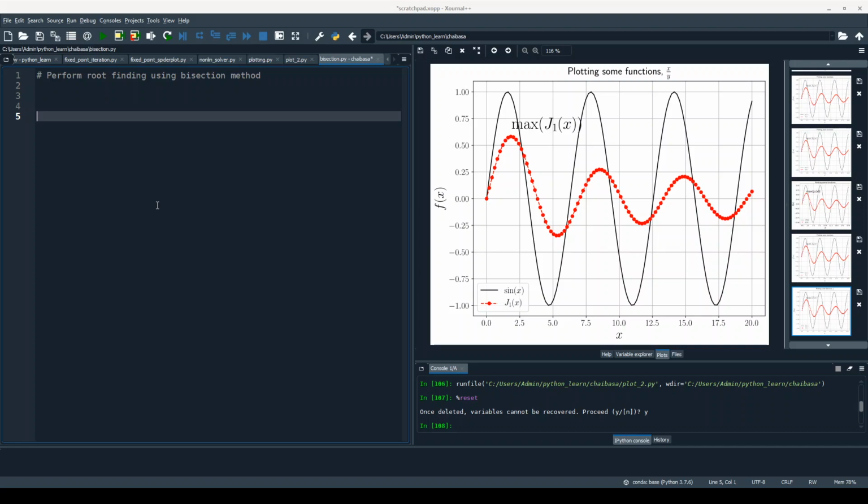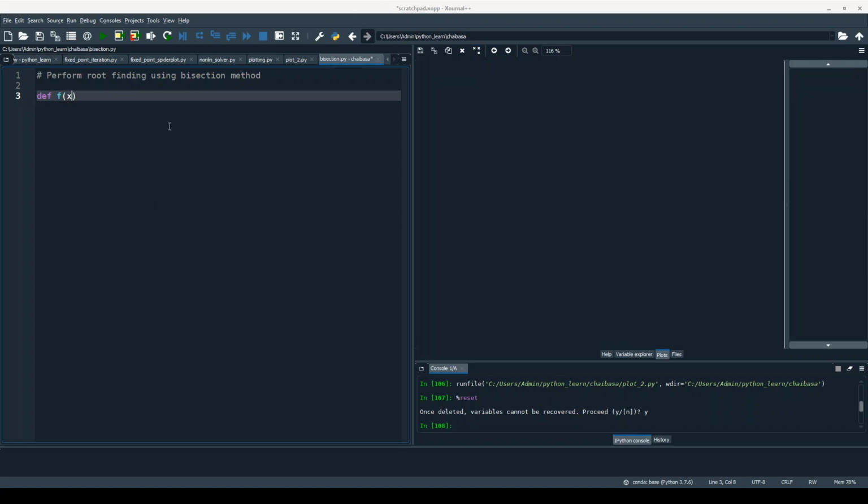So first of all, we must import. Okay, even before importing, let us first define what the function should be. We have to first find out from the user what the function is that the root needs to be evaluated for. So we will define def f of x, it is defined as return. Suppose we want to find a simple root of x minus 1 times x minus 2. So obviously the roots of this equation f of x equals 0 will be x equal to 1 and x equal to 2.